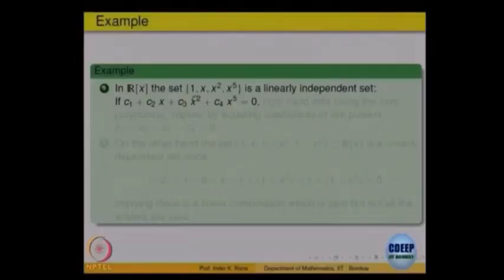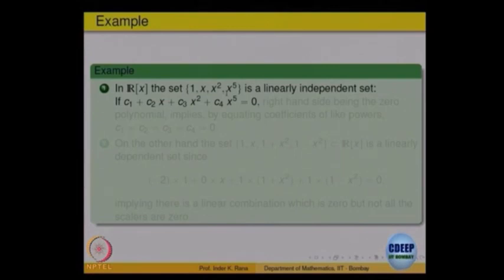In this example it is 1, x, x square, x^5. If just now what we worked out was for R^5, polynomials of degree less than or equal to 5, the same proof will work for 1, x, x square, x cube, x^4, x^5 also. So, if I take all the powers 1, x, x square, x cube, x^4, x^5, they are linearly independent, and this is only a subset of it. This is only a subset.